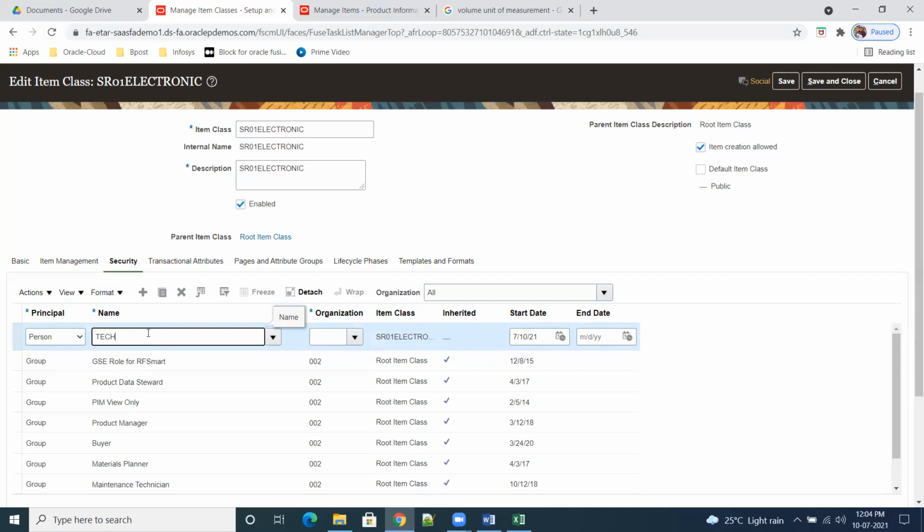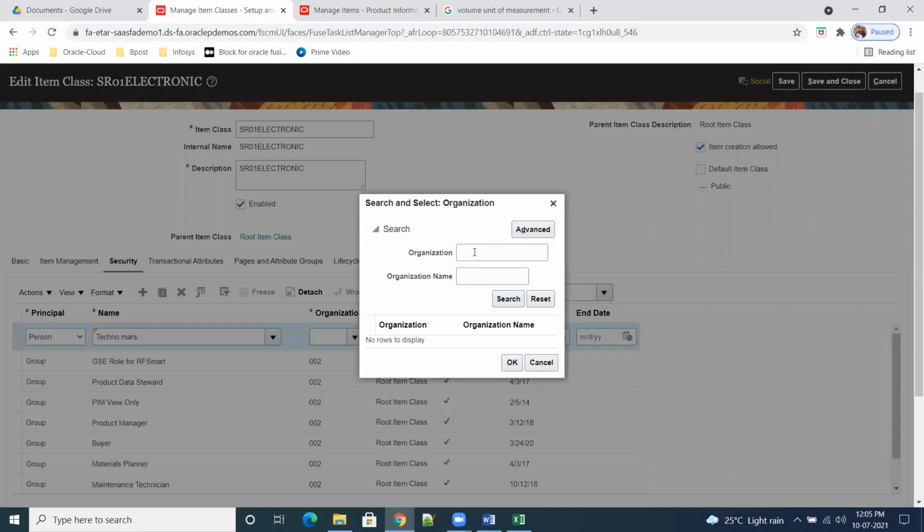Techno, you try creating this item class from your side. System won't allow. Okay. So here we have to select master arc and child arc. So my master arc is, what is my master arc?